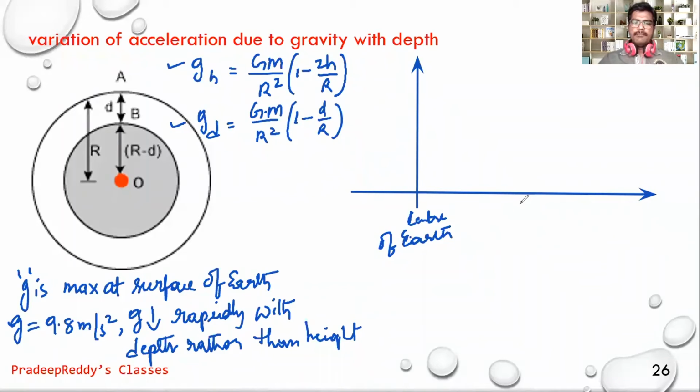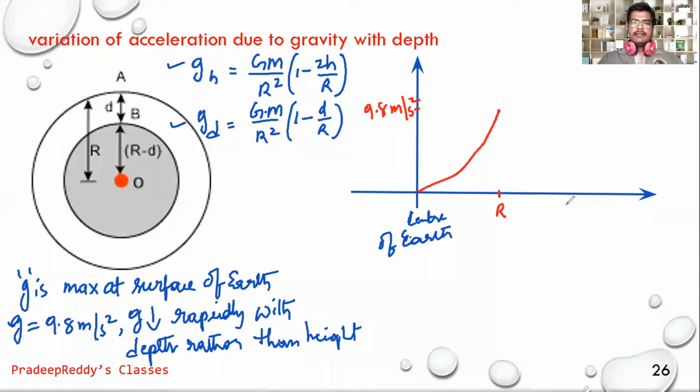Now as you go from the center outward towards this radius r, exactly on the surface of the earth its value is 9.8 meter per second square. So as we are going towards the radius, acceleration due to gravity slowly increases like this,